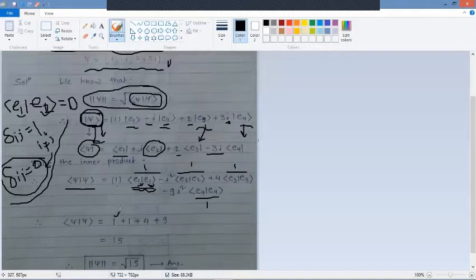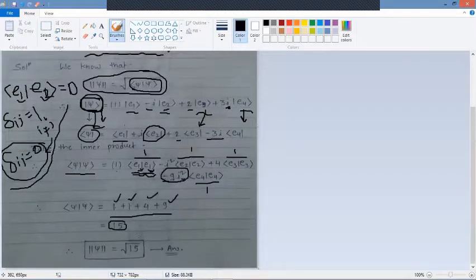So the first term is 1. Then minus i square. What will happen with i square? i square will be minus 1, so minus times minus 1 gives plus 1. The 4 stays as it is. And what about this value? Here is again i square, which is minus 1, so minus 1 into minus 9 is plus 9. Adding all of these, we have 9 plus 4 is 13, 14 and 15. So we have the value 15, which is the value of the inner product.